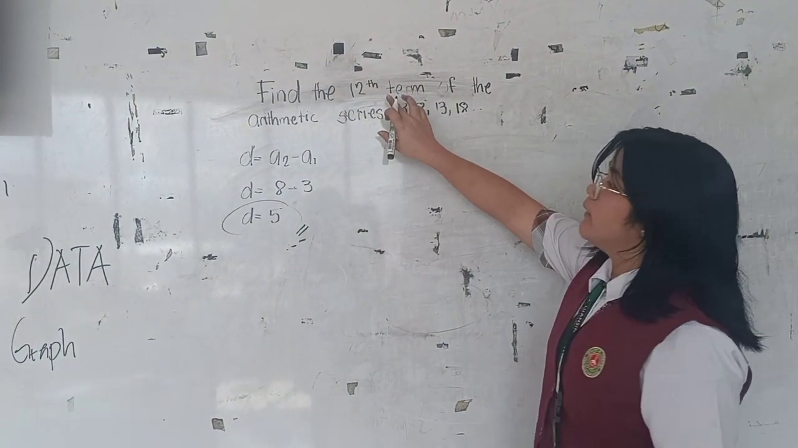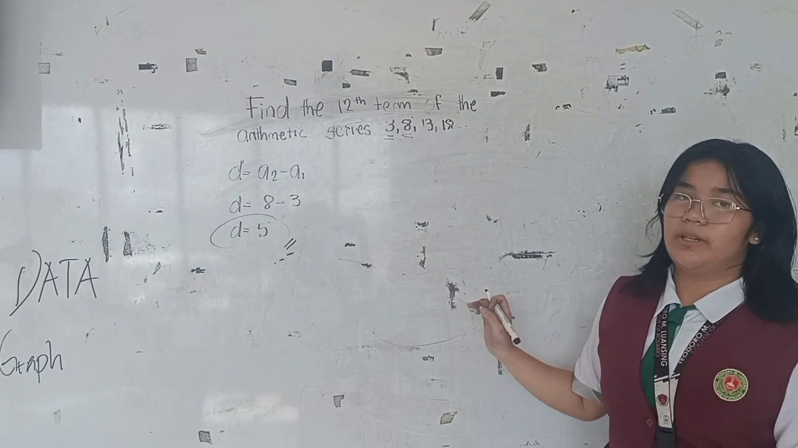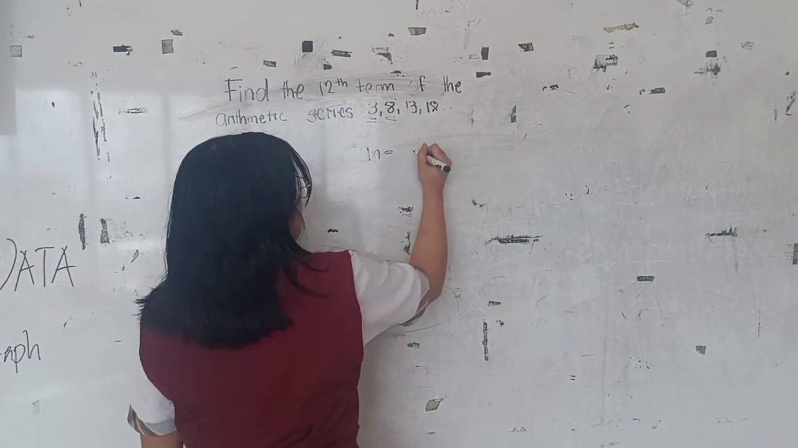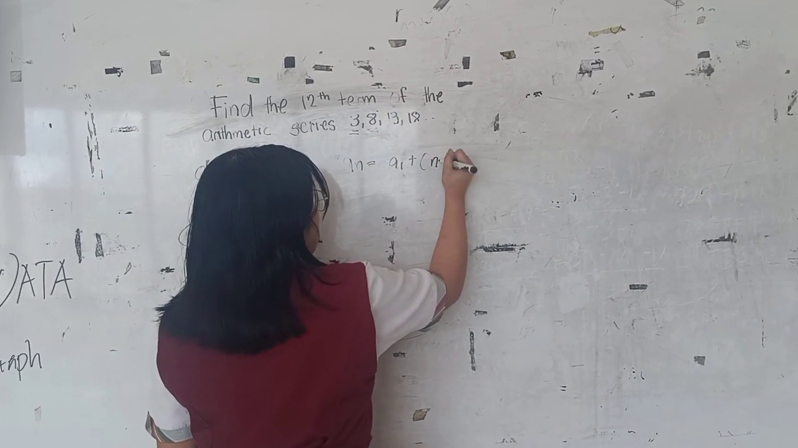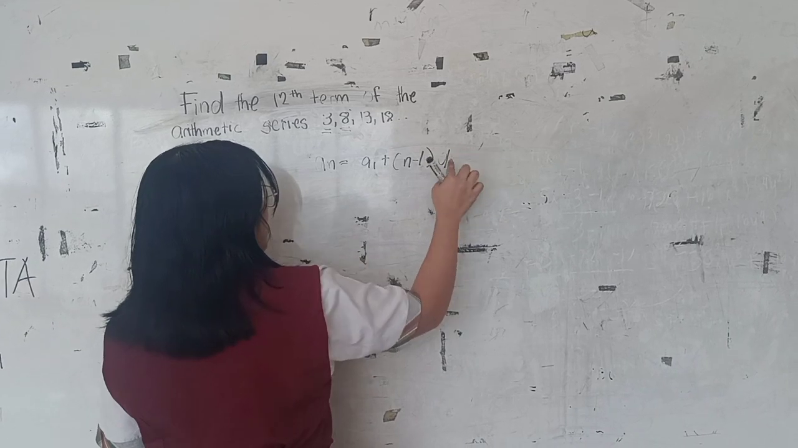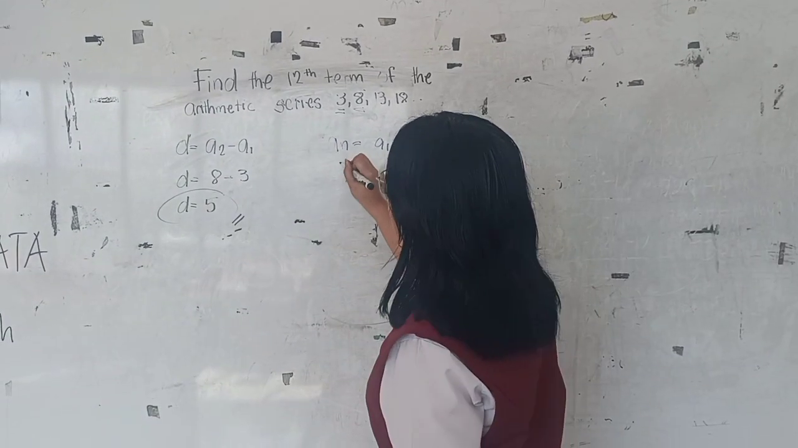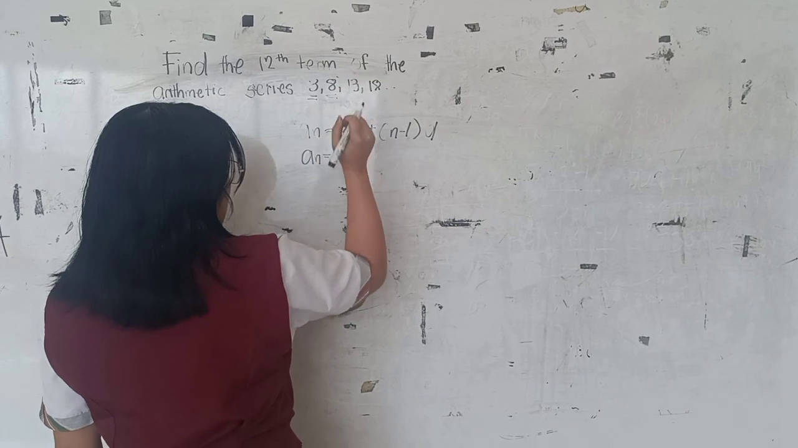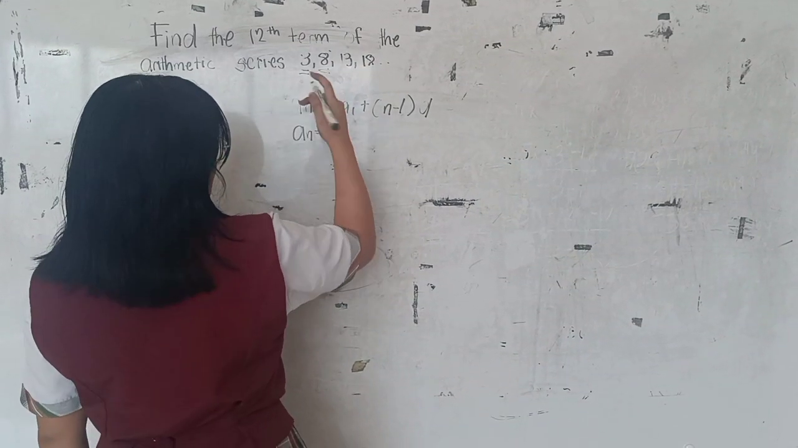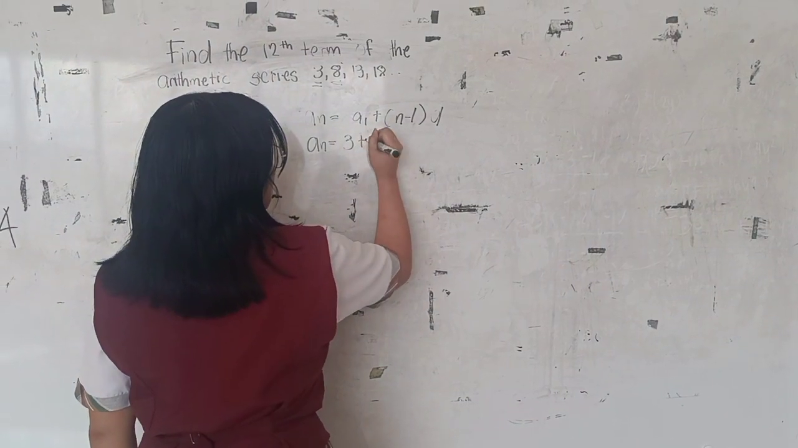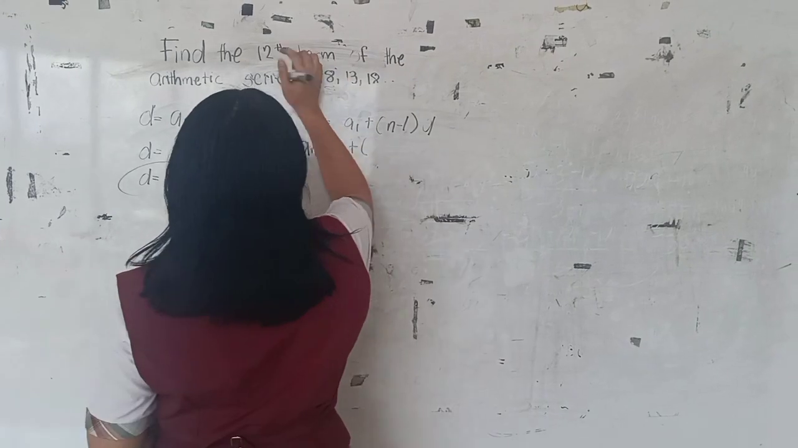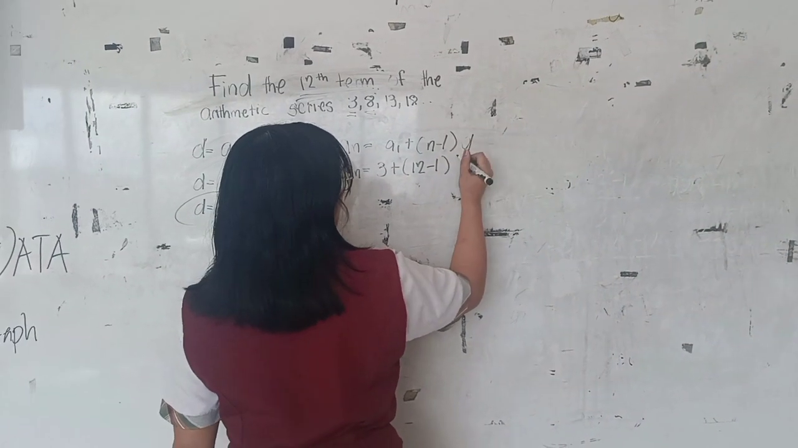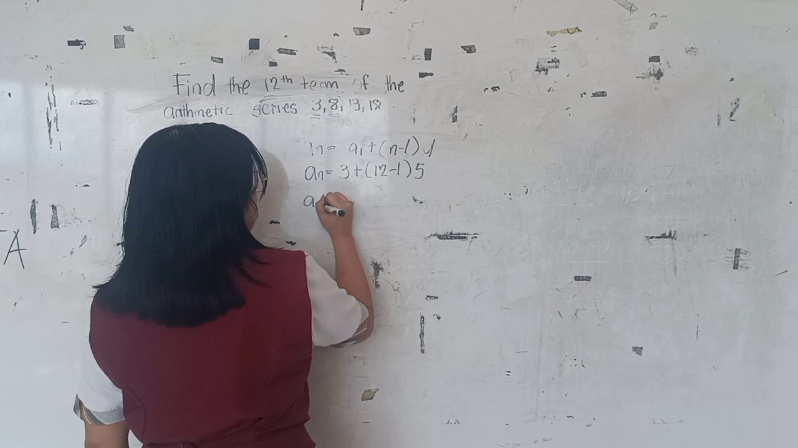So the next one is the 12th term kasi 12th term ang ating hinahanap. So ang formula dito ay a sub n equals a sub 1 plus n minus 1 times the common difference. So let's substitute. A sub n equals our a sub 1 is 3 plus our n is 12 because it is the 12th term, 12 minus 1, and our common difference is 5. A sub 12 equals